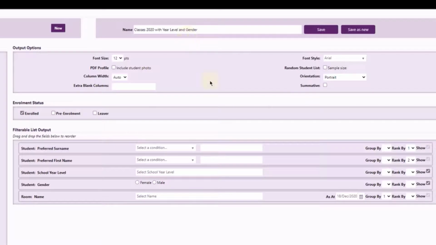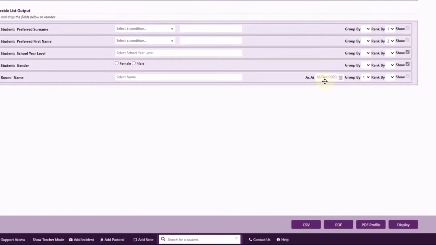And a little tip to go along with that, when you first create a list with something like the room name on it, it defaults to the current date. That's very handy if you want to get a list back in time, but to keep this list and just use it very quickly and easily in the future, I've changed the as at date to way down at the end of the year. Once I've done this, I can now go down the bottom and click PDF,